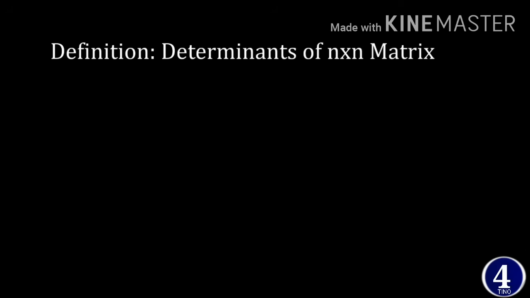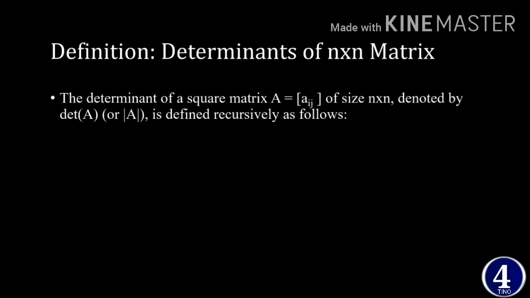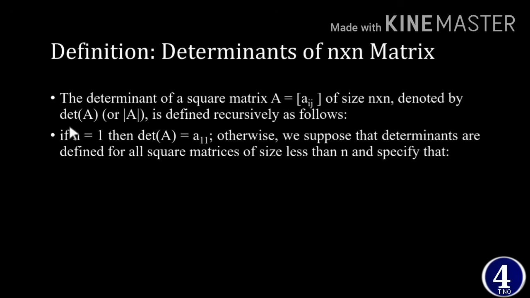How do we find the determinant of a square matrix A of size n by n, denoted by det(A)? The determinant of A is defined recursively as follows. Recursive is an interesting word in mathematics. Our formula: if n is equal to 1, then det(A) is just the single entry itself. Otherwise, when the matrix is larger than 1 by 1,